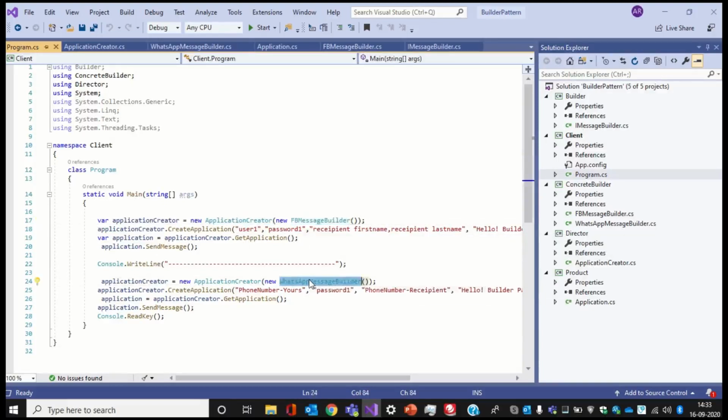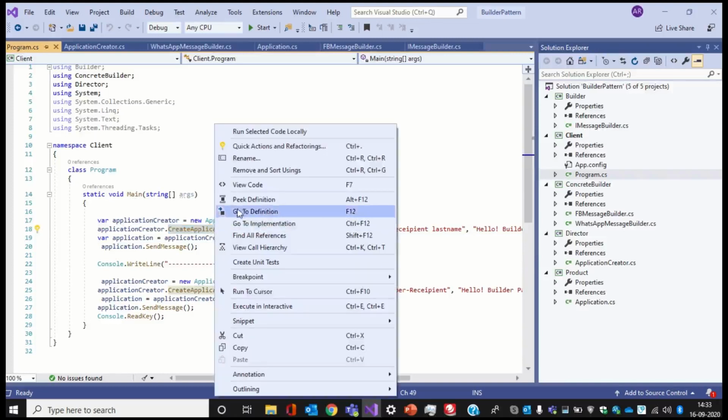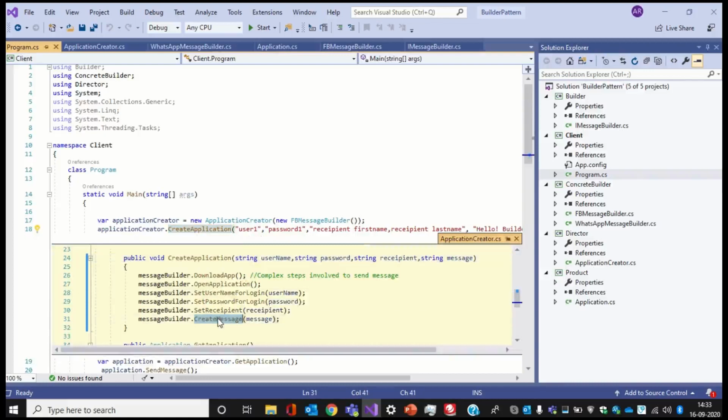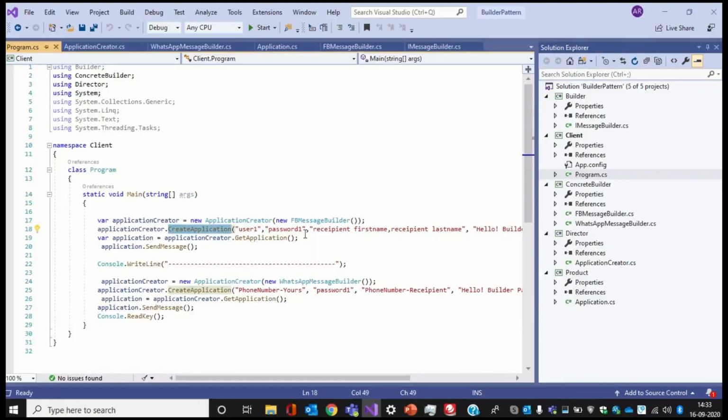By using the create application method, which has a sequence of steps like downloading and opening the app, then creating the username and password, then setting the recipient, and after that creating a message, we send all the information details to this method in order to get the object created, and then it returns an application object. We'll call send message to send the message for both cases. So this is the client implementation of the builder design pattern.